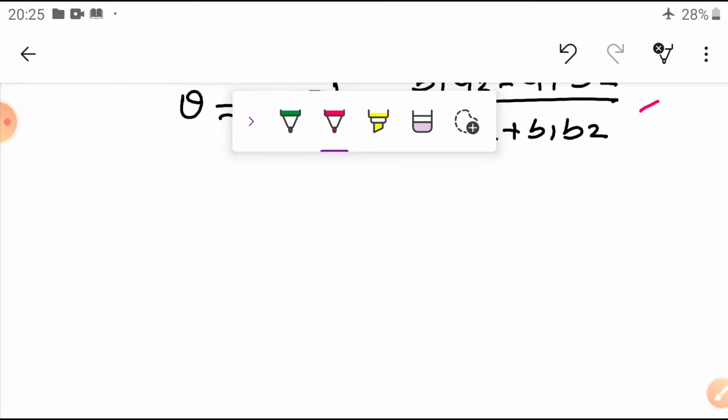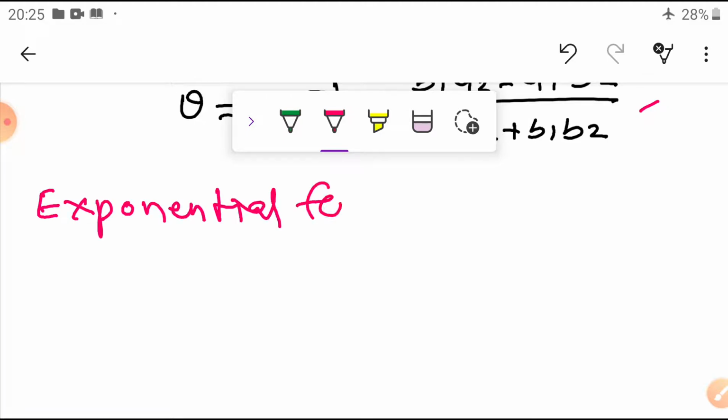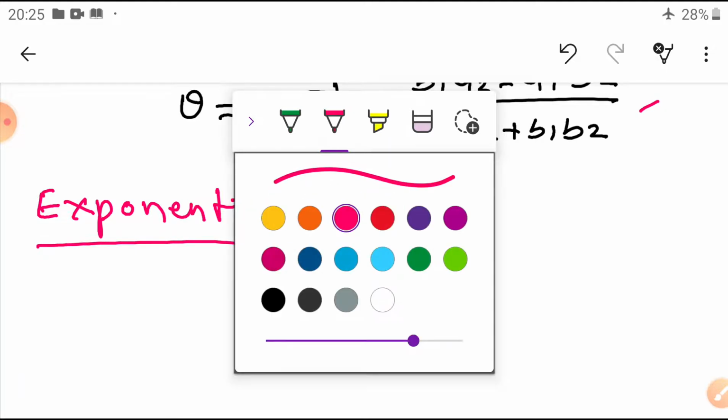Okay. So, in exponential form, I will take another color. Exponential form, that is called the Euler's law. Okay. So, we will do. Then what is V1 given? So, we will see the,